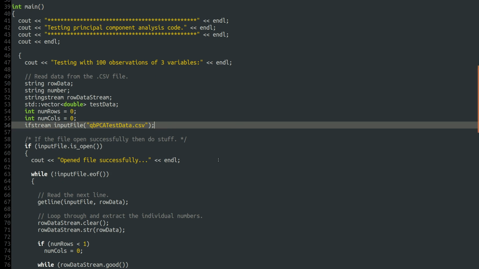In order to achieve that, it's annoyingly difficult actually to read a CSV file into C++. Well, not difficult, but a bit fiddly. So we create a number of strings, one called row data and one called number. We need a string stream object called row data stream, and we need an std vector type double test data into which we're actually going to put the data that we read, and we need 2 integer variables to store the number of rows and the number of columns. Now I've written this to be as flexible as possible, so it should work with any number of rows and columns in the CSV file that you wish to use, but we have 100 observations or 100 rows of 3